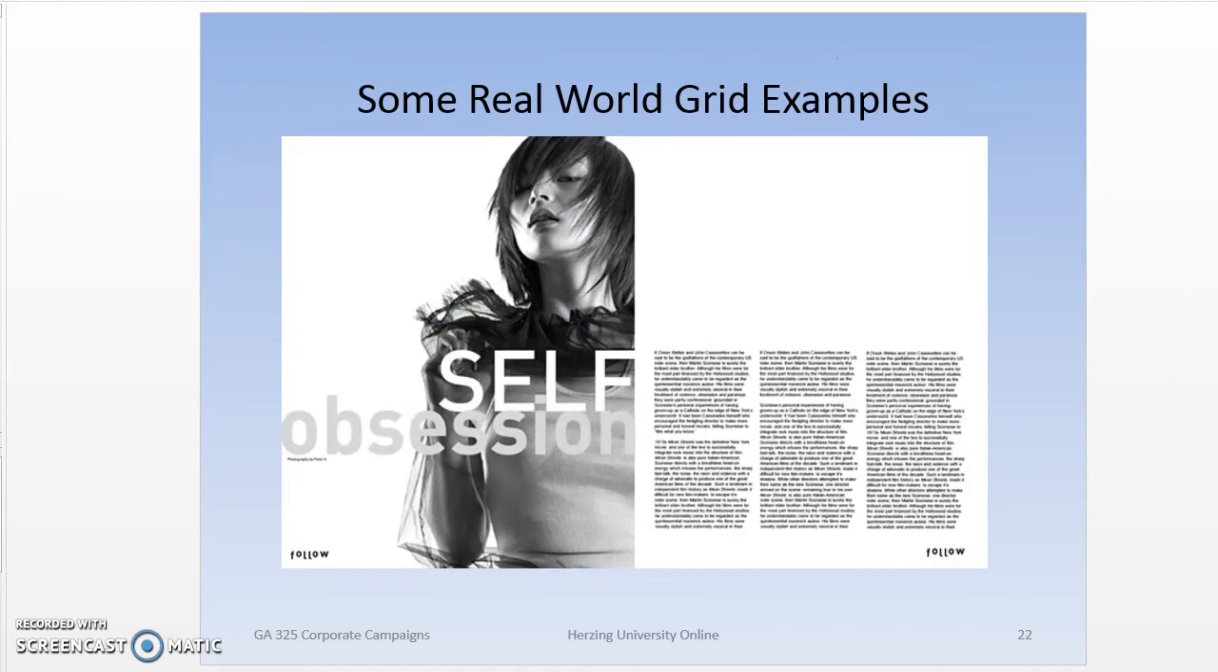Here are some real-world grid examples. We have a magazine spread here where the left side has a minimal grid base. The photo makes a vertical while the headline creates the horizontal, and that's it basically, right? Placing the photograph that goes throughout the whole image, and the text is kind of centered on there and kind of used